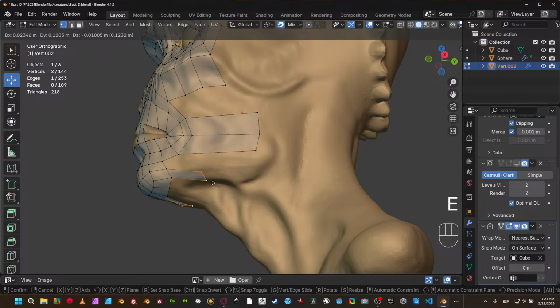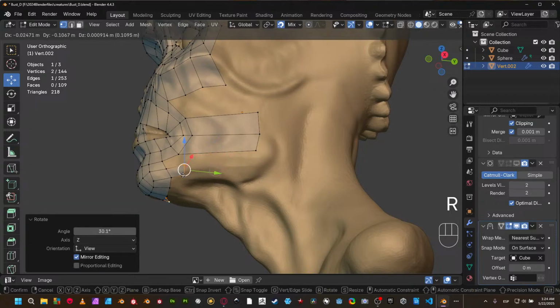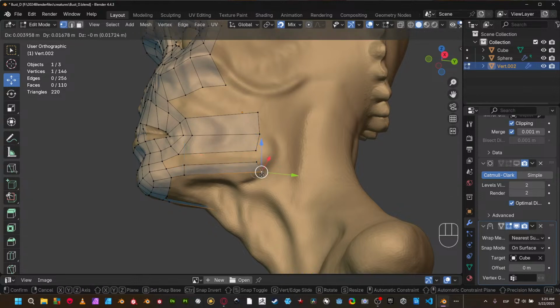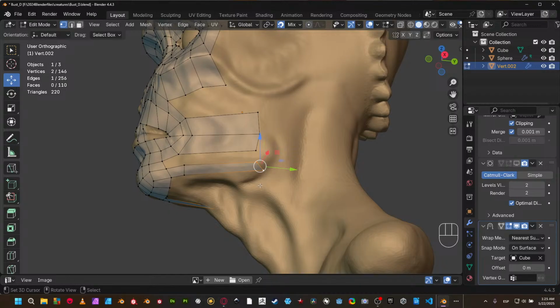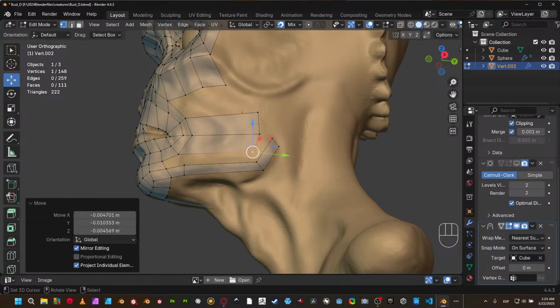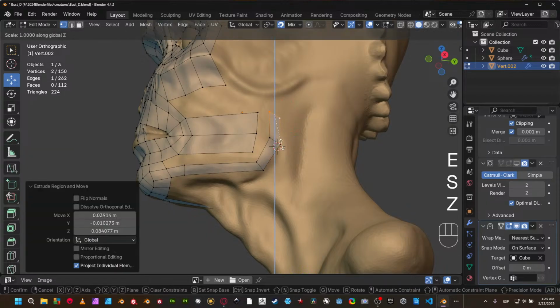So let's move these guys in here like this, and we're gonna change the direction in here. So let's move it something like this, and we're gonna extrude like this,